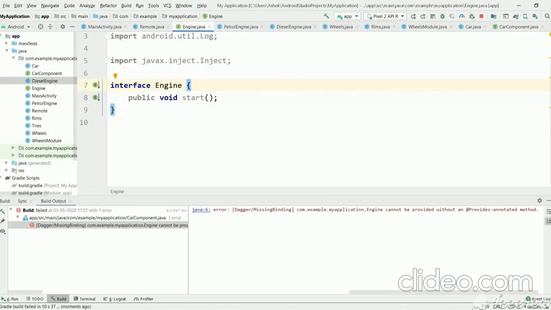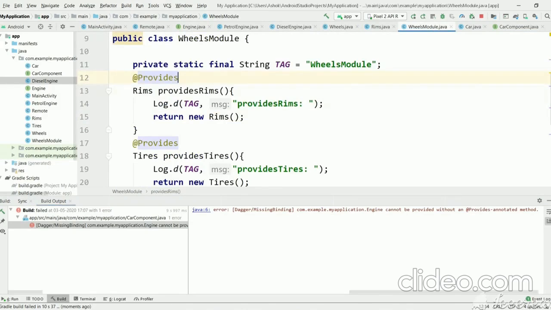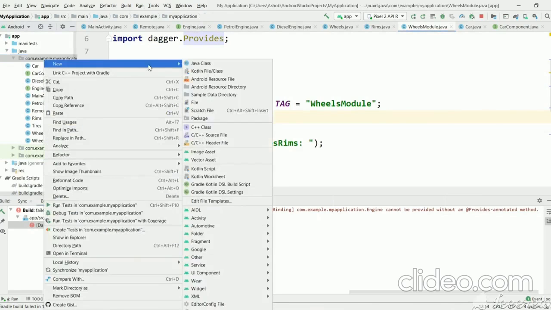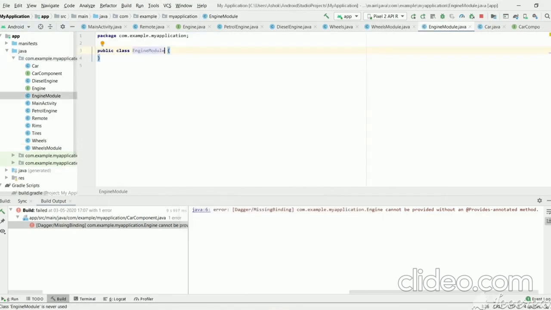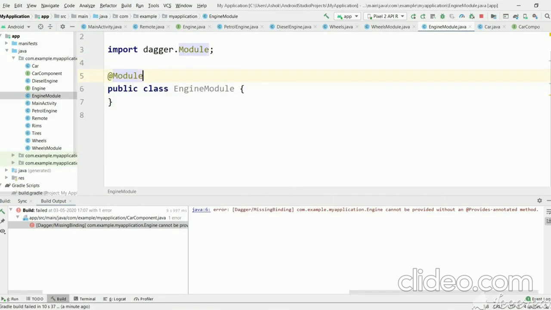Previously, in order to create a third-party object, we created a wheels module and provided the implementation for all objects. In the same way, in this case also, we will create an engine module. New Java class, EngineModule, and let's annotate it with @Module.